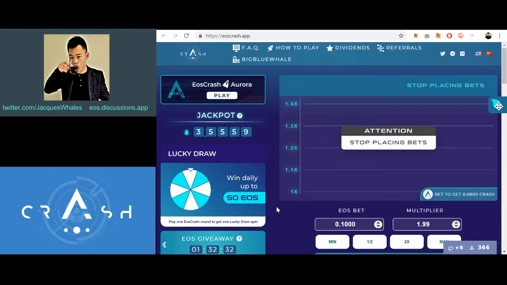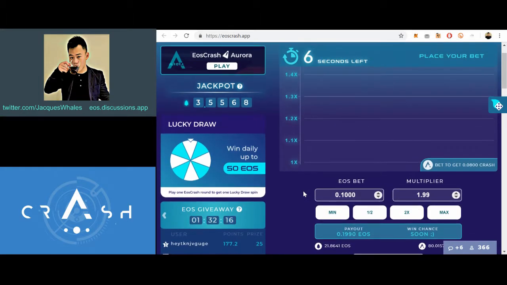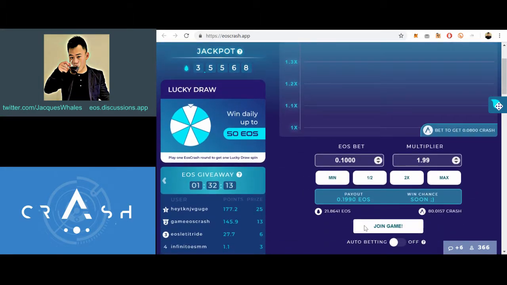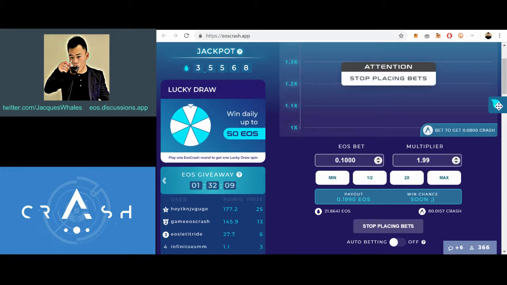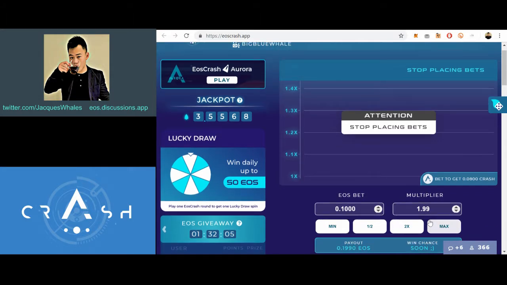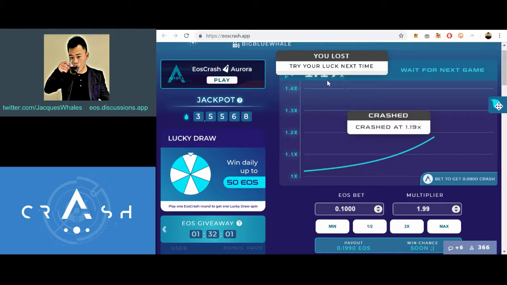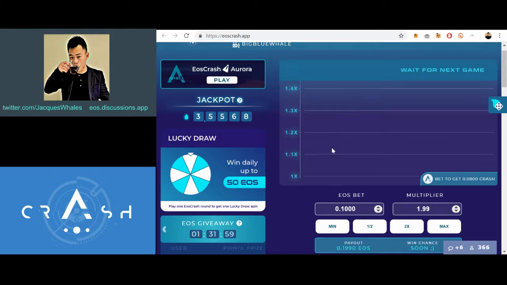And I'm gonna play a simple game just so you can see it in action. Here I'm gonna bet the minimum, which is 0.1 EOS, and I'm gonna join the game while there is still 6 seconds left. I'm gonna hit join, and then that should pop out a scatter. I'm gonna hit allow and bet success. I bet 1.99, which I guess is the default. So here you see the multiplier go up and I crash. It happened at 1.19. So I lost my EOS,